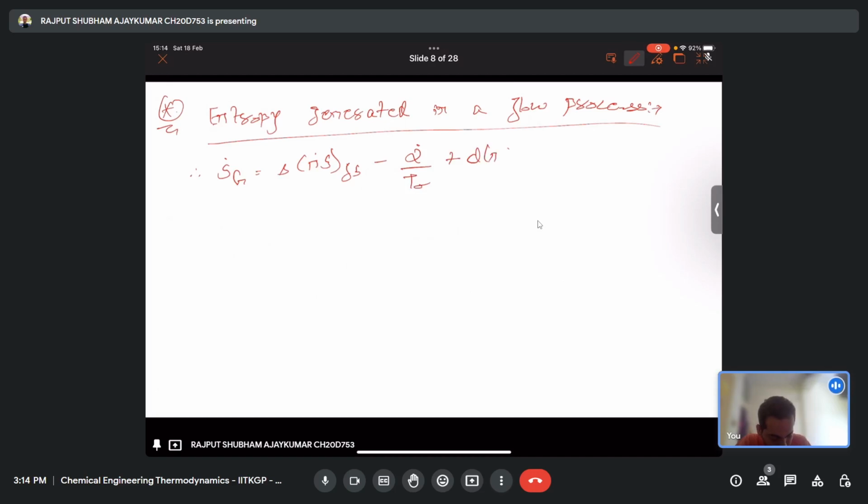You don't have to mug it up. It's just like derived earlier also. And here delta is the net change in flow rates,